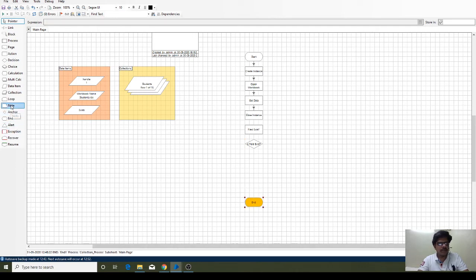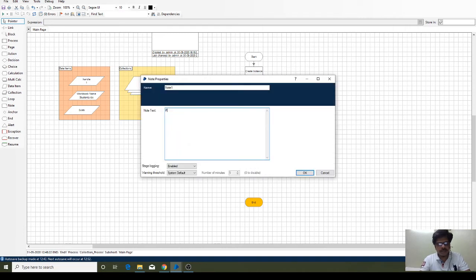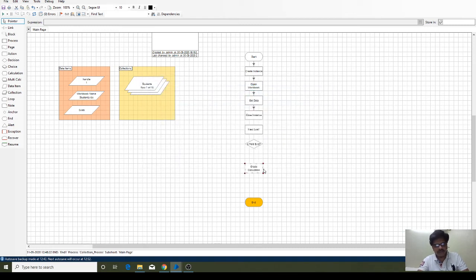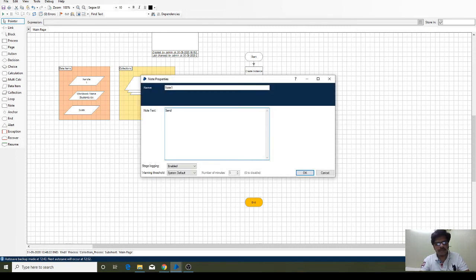We don't have the business logic right now, so I'm just using a node. The business logic will be the grade calculation. If it is false, that means the field is not available in this collection, and we have to send an alert mail to the business people saying the particular business field is not available in the input file.